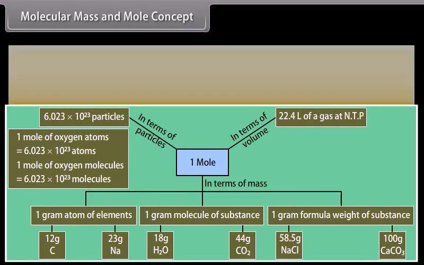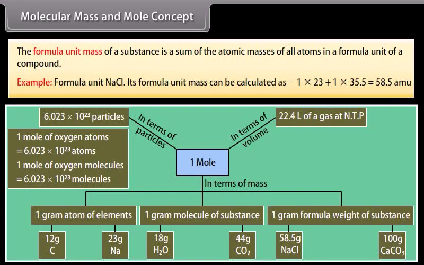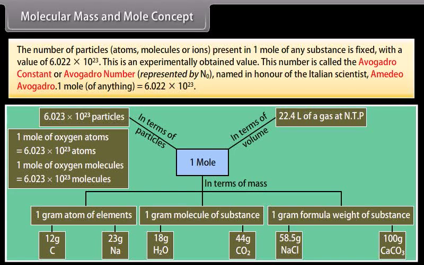The formula unit mass of a substance is the sum of the atomic masses of all atoms in a formula unit of a compound. Example, for the formula unit NaCl, its formula unit mass can be calculated as 1 into 23 plus 1 into 35.5, which equals 58.5 units. The number of particles, atoms, molecules, or ions present in 1 mole of any substance is fixed with a value of